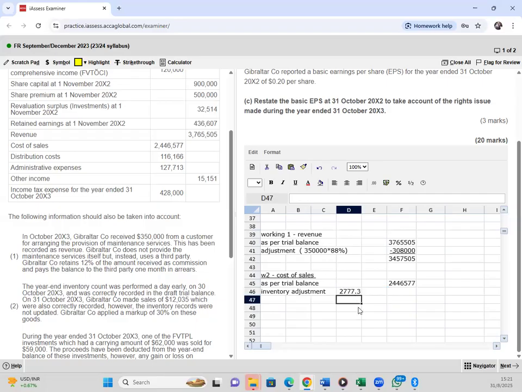So this amount here is the profit. So we want the cost. To get the cost, we say the selling price 2035 minus the profit. There are different ways of getting to the answer, but one of the ways is to just first of all